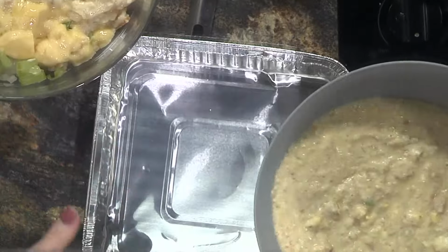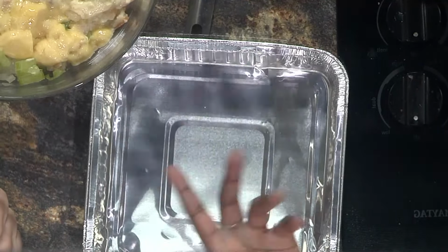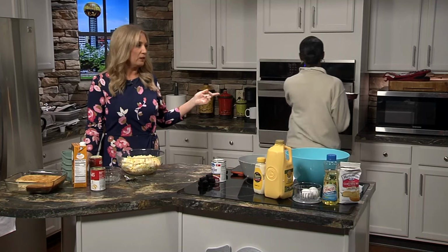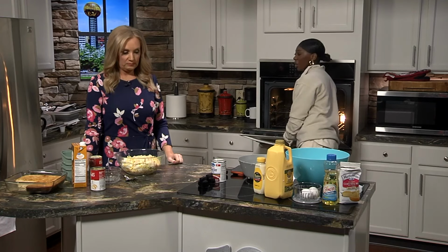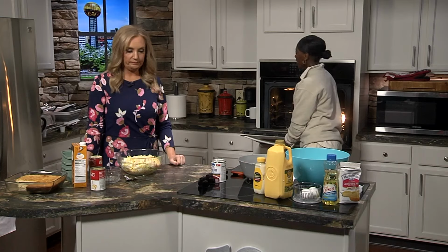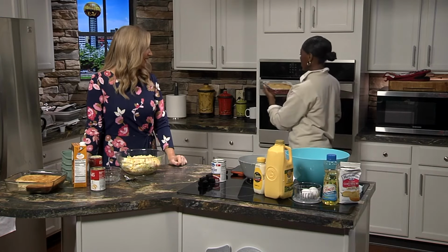And do you need to prep the pan with any spray or butter? You can grease your pan with cooking oil. Perfect. And then you just, boom. How long are you baking that for? This goes in at 350. If you have an older oven, you might want to turn it up to 450. And it goes in for about an hour. An hour. Yes. All right, so it's really going to bake up. It is. And then turn out like...